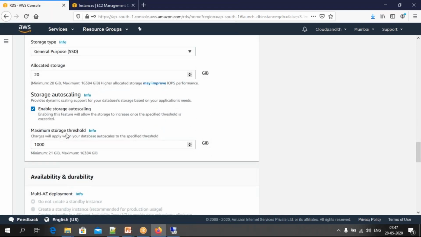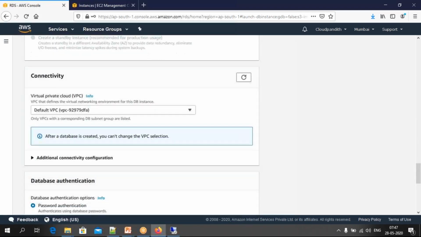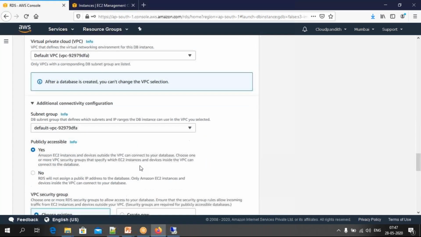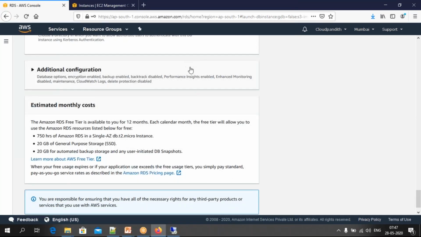So this is the class which we need to use. All these things are default. Click additional connectivity configuration. Click yes. Come down. Just click create database.